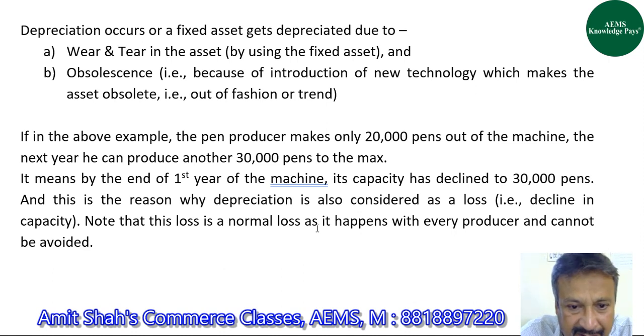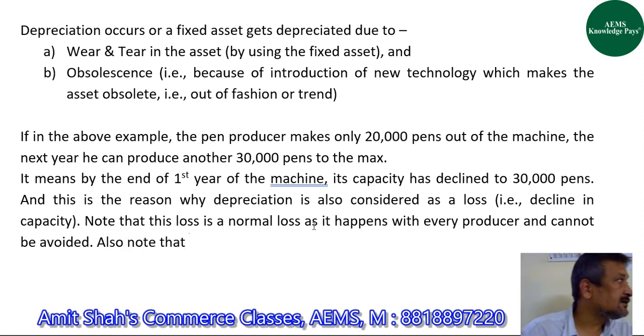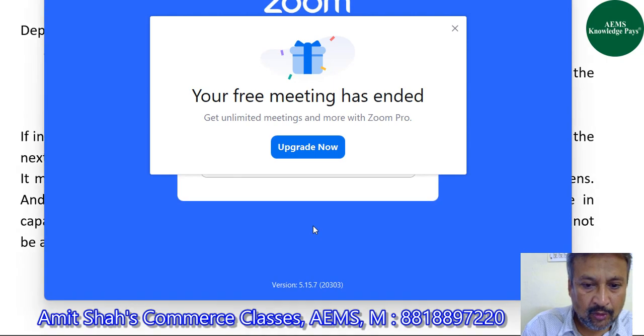But when you purchased the machine, you did not debit any expense account, you debited the asset account. So out of that asset only, every year you take out a portion and record that as an expense in your profit and loss account. I hope you have understood, guys. So depreciation is the only